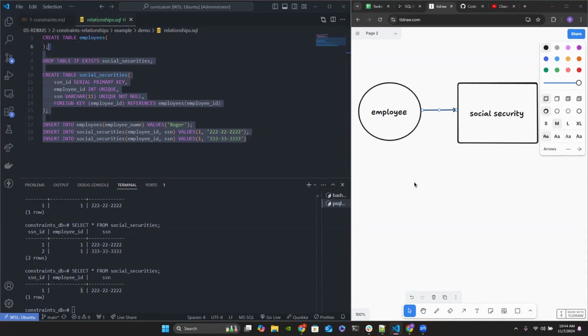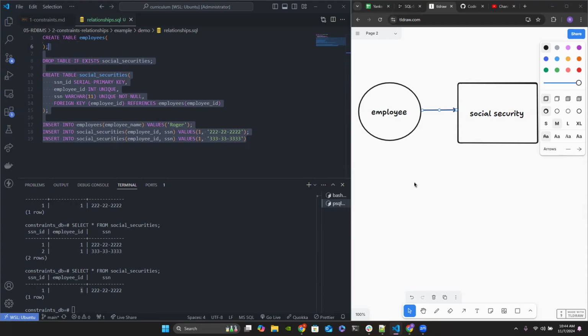Are you talking about inserting into the database, or are you talking about retrieving the data back for us to see? So like on line 18, specifically put in employee ID value 1. How would you be able to automate that? I would imagine you'd have to add a column in either social security or social securities to say employee name. It just seems very inefficient to just manually put in the value, because kind of how we